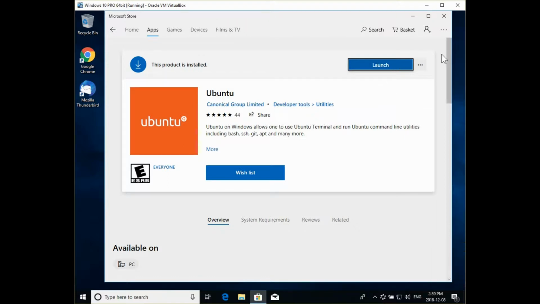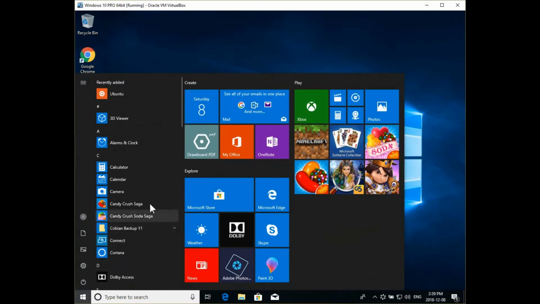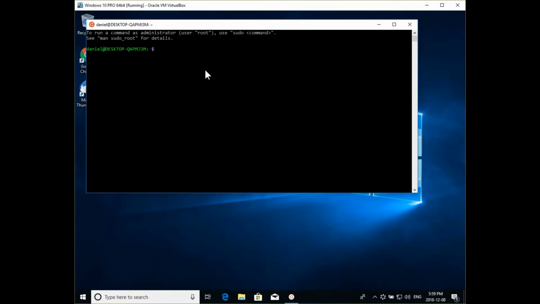Once it's done, you can launch it right from there, or what I'd like to do is close that and make sure that I can access it through the start menu, maybe pin it to the start and launch it from there. So the problem with this is that it's a command line program only.